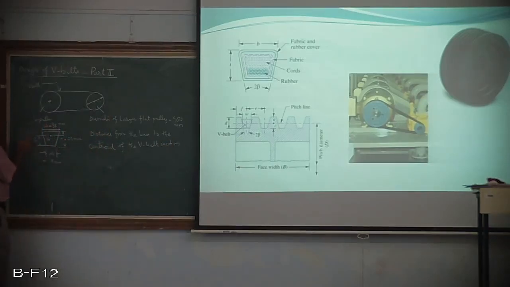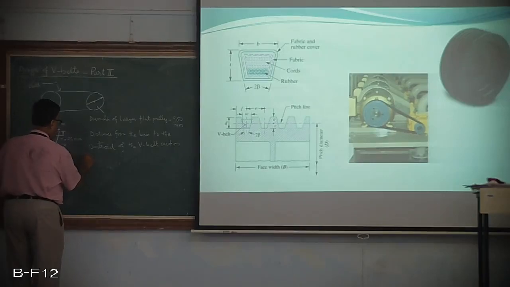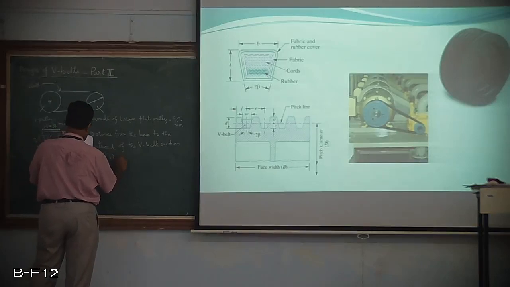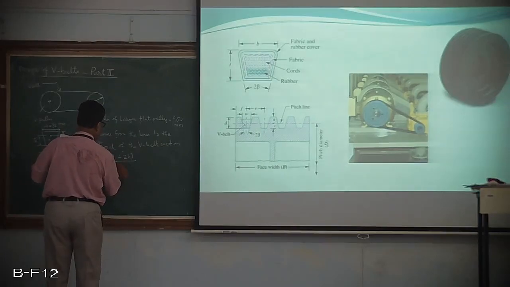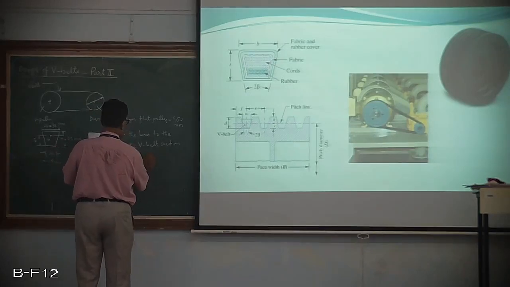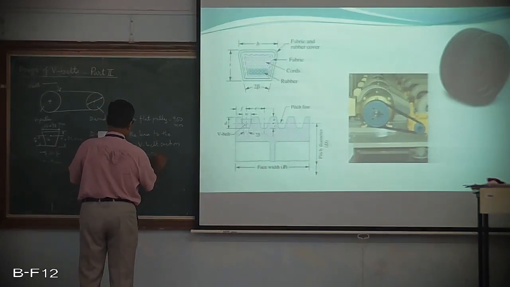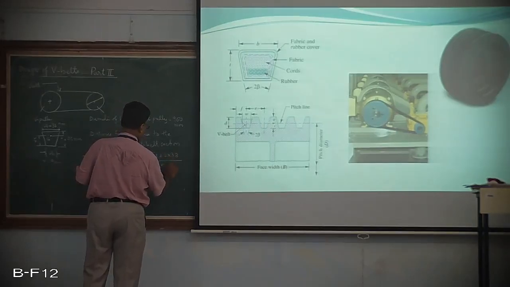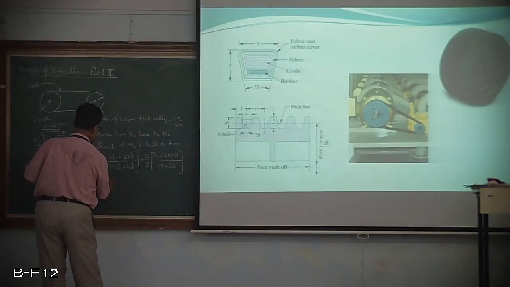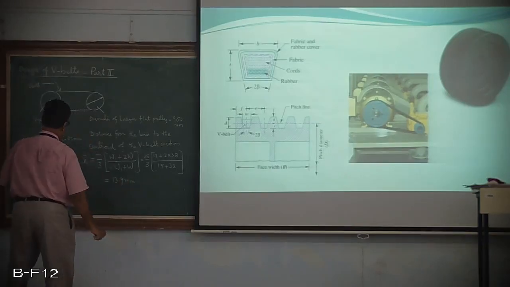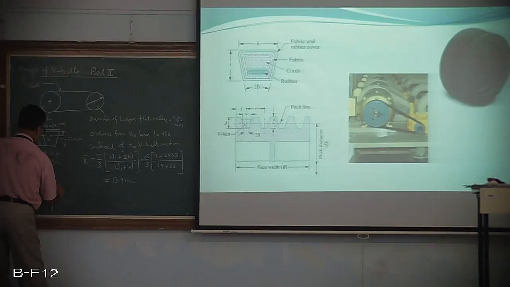In the figure you can see there, from here to here, what is this X bar? X bar is given by T by 3 into (W1 plus 2W) upon (W1 plus W). So if you substitute that, 25 by 3 into bracket 19 plus 2 into 38 upon 19 plus 38. This will give you the value of X bar as 13.9. So automatically I can find out the pitch diameter